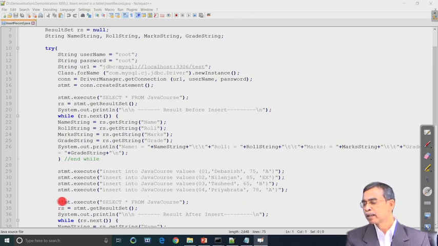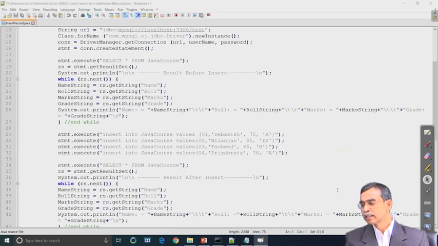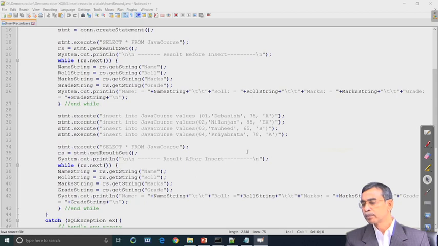Then this statement selects star from Java course, selecting all the records, the result set will receive them, and finally a while loop processes the result set and displays all the records we have received. So, this is the program.